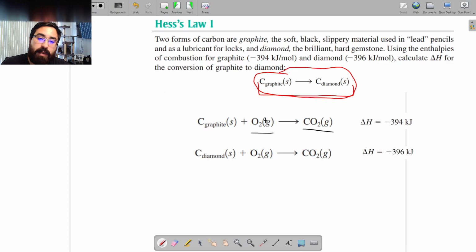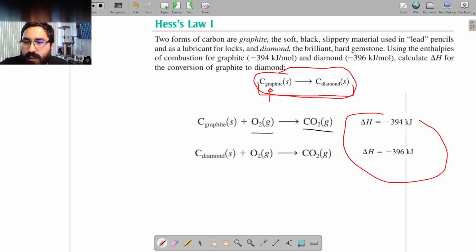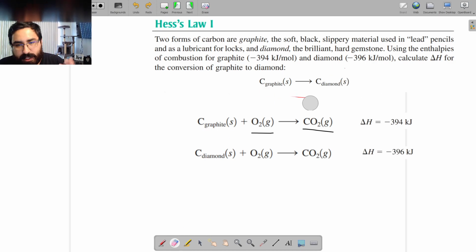But if you can do reactions that will lead to the same products, like say you do a series of chemical reactions or a series of chemical processes, whatever, to go from graphite to diamond, if you just add them up, well, you'll be able to calculate the delta H, and that's the benefit of Hess's law. But let's continue. So, the combustion of graphite releases 394 kilojoules, and the combustion of diamond releases